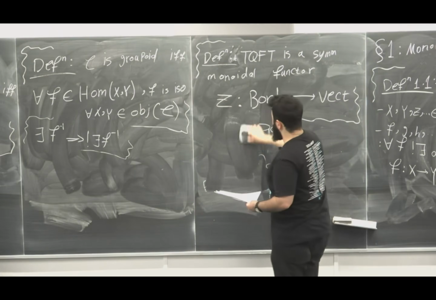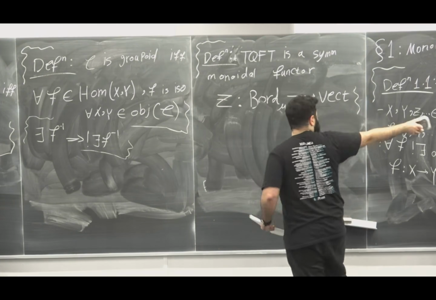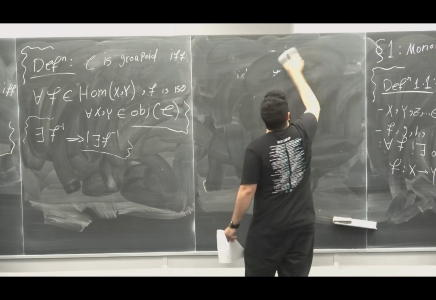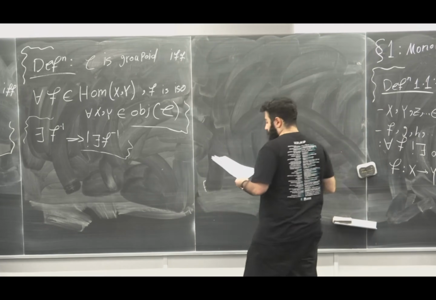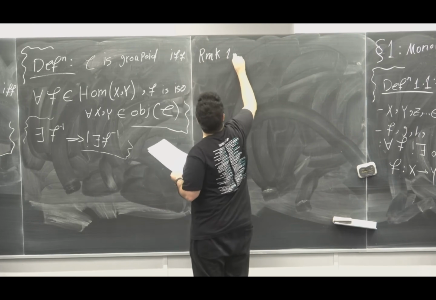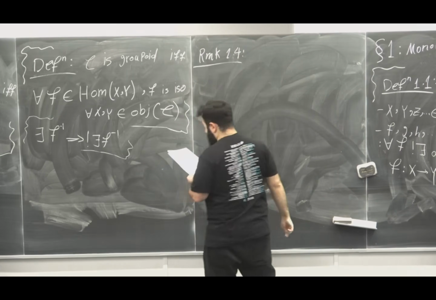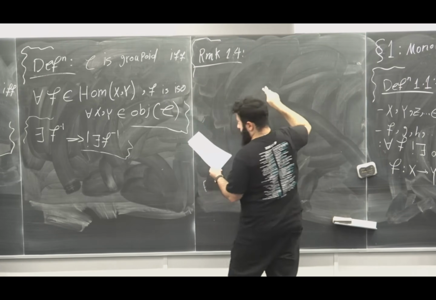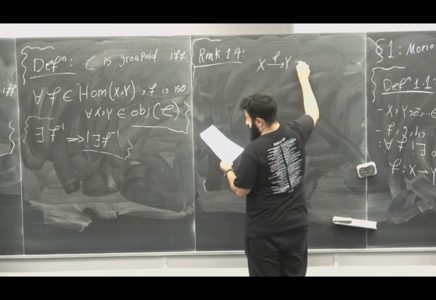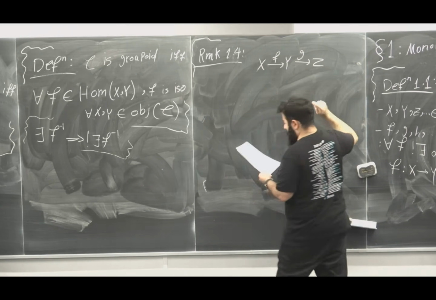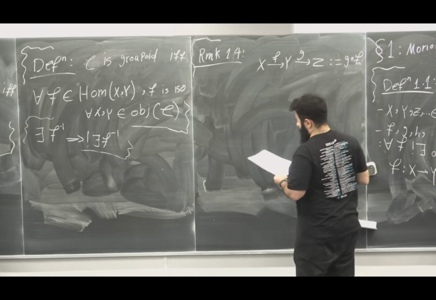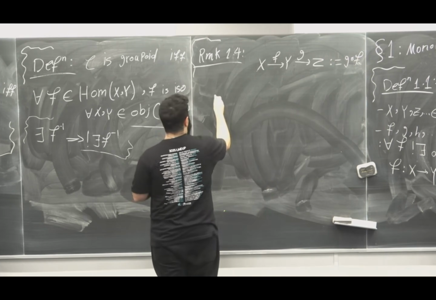Now I'm going to talk about commuting diagrams, which I did a bit over there. This is a remark about composition of homs. This is defined as this, and this diagram